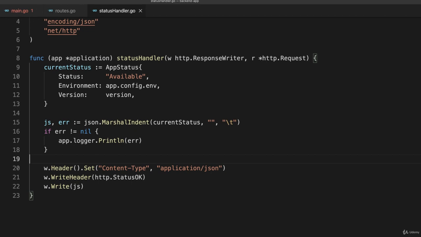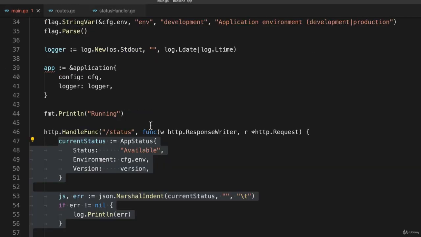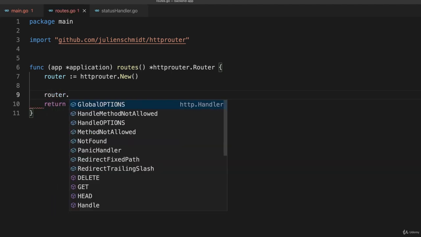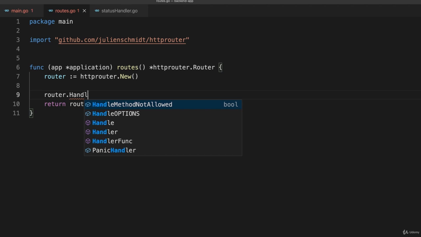Let me go back to my roots file now. And let's actually, where's my roots? There they are. Let's actually do something with this roots file rather than just returning an empty root. So what we'll do is define our only application root that we have right now. And we do it like this. Router, which is the variable we defined on line 7, we give it a handler func,